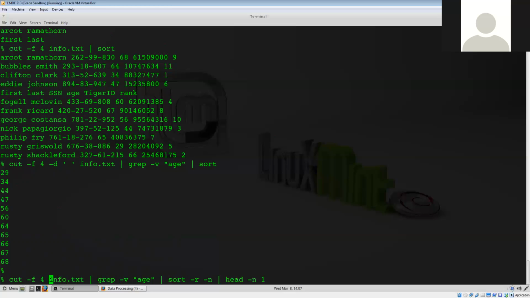So the first thing I do is I extract the age column. I run that through grep to remove the header, so I get rid of the word age. I run that through sort. I tell it to sort numerically and also do a reverse sort, so it's going to put the oldest age on top, the youngest on bottom. And then I run that through head with the -n 1 option to say just print out the top